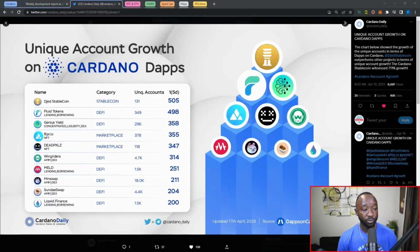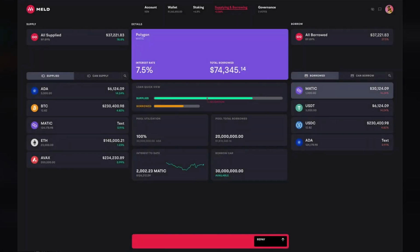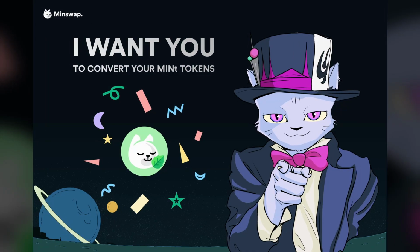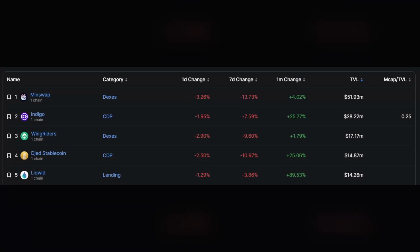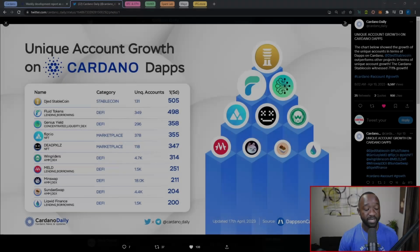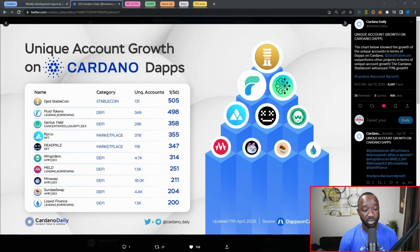After that, we've got Meld, which is going to be a DeFi lending and borrowing protocol with a total of 1.5 thousand unique accounts interacting with the platform, followed by 18,000 accounts, which is going to be the largest amount that we have here for the MinSwap AMM style DEX. Now, MinSwap is going to be the top dApp right now when it comes to TVL on Cardano. And it does not surprise me personally to see the fact that they have the most unique accounts interacting with